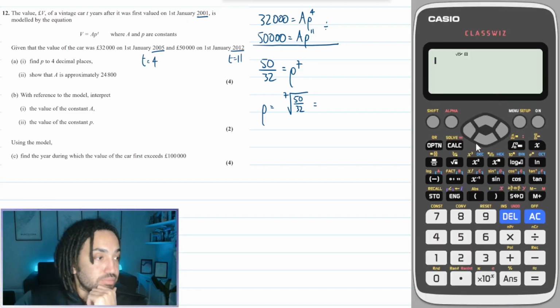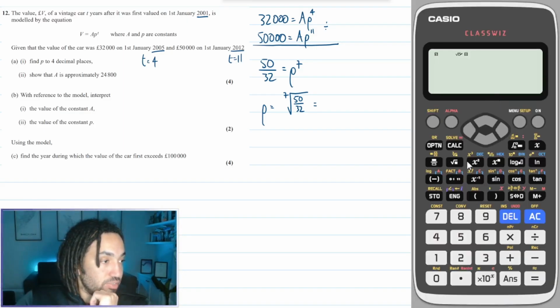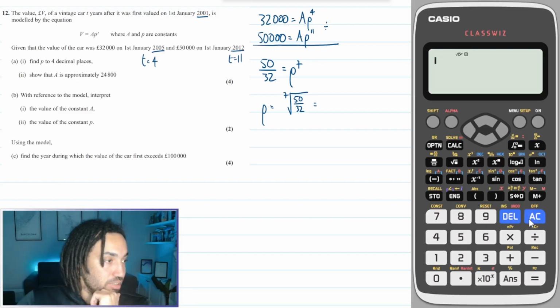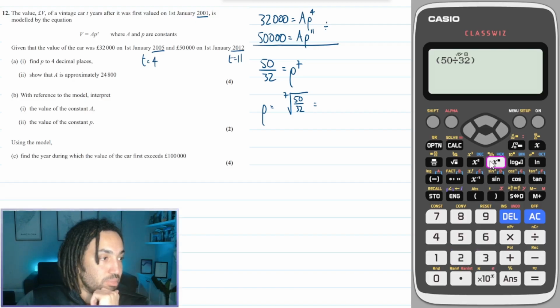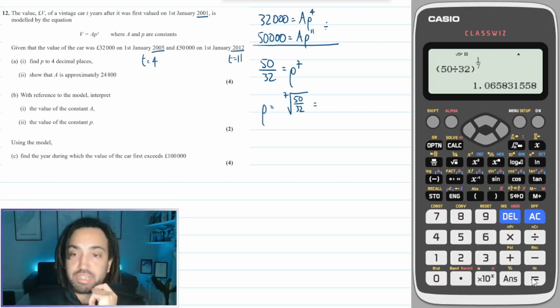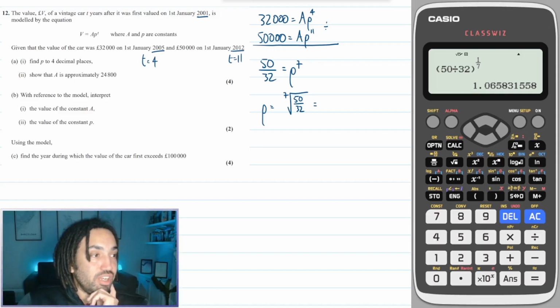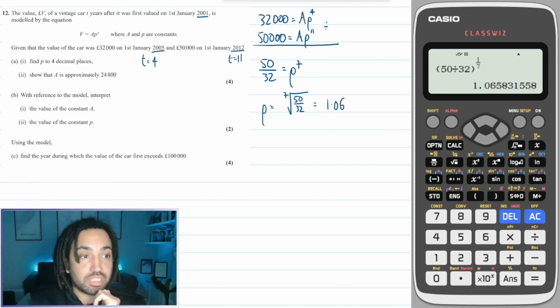Can't do that one in my head. So I need to find that button on the calculator where you can take the roots that you want to do. Can't find it. Alright, don't panic. Don't panic. We will just do 50 over 32 to the power of a 7th. Okay, slightly embarrassing. But anyway, 1.065, how many decimal places do you want? 4 decimal places. 0658. That will do. That will do. Okay,